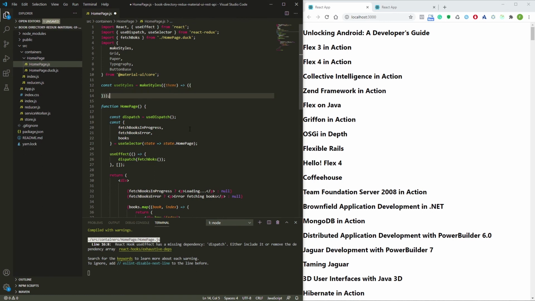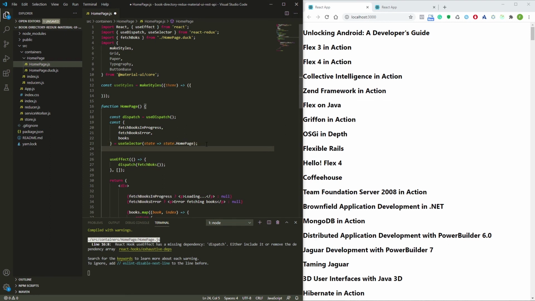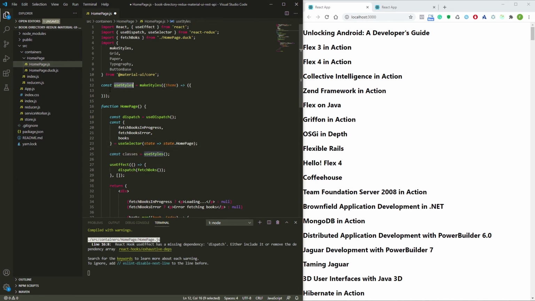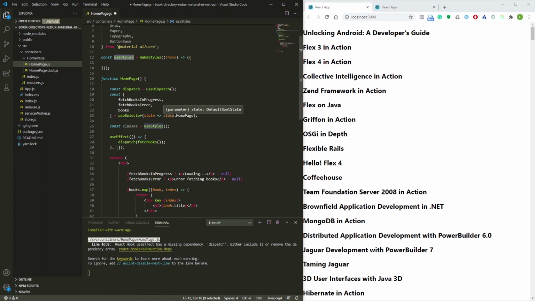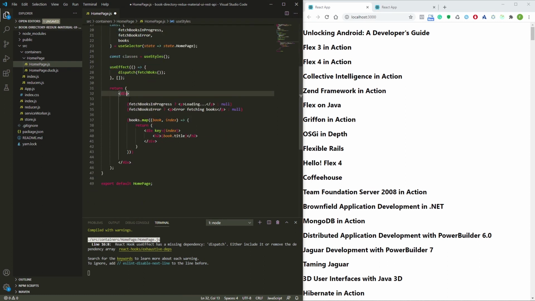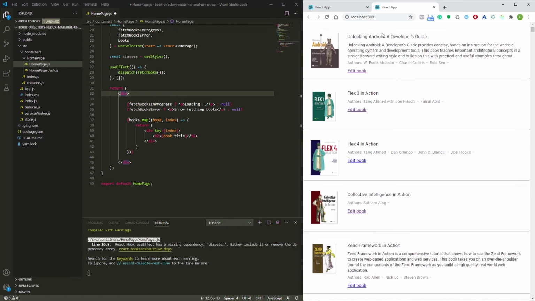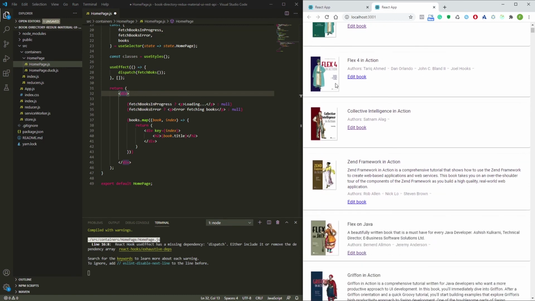Basically we will use these styles as a normal hook. So const classes is equal to useStyles, and this useStyles, in case you wonder if you don't know too well, is this hook that we created here. Perfect. So now for our book's design, as you can see, we have some